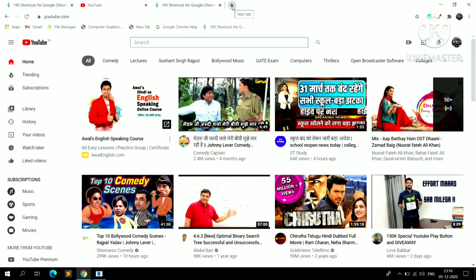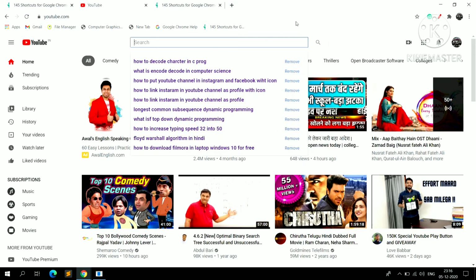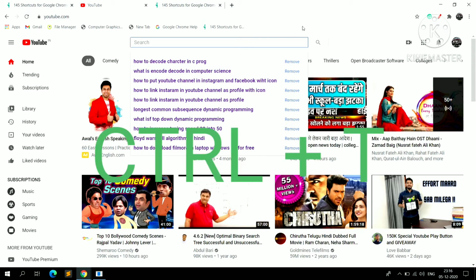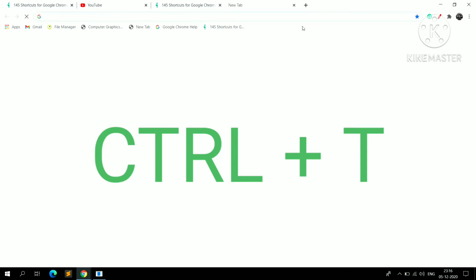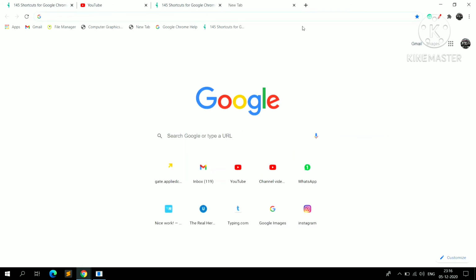Let's start. If you want to open a new tab on your Google Chrome, you just press two keys. One is Control and the other is T. When you press Control plus T, your new tab will open.